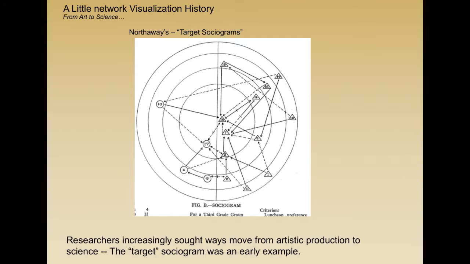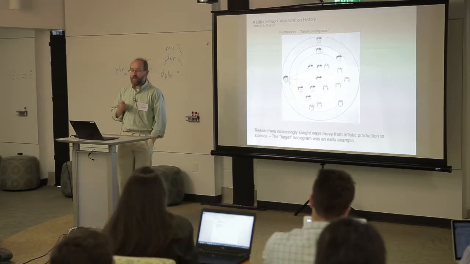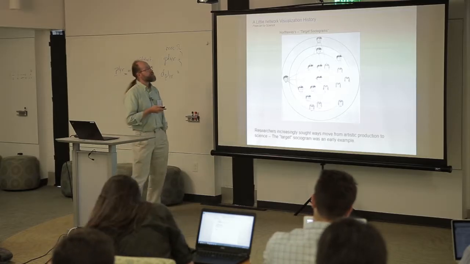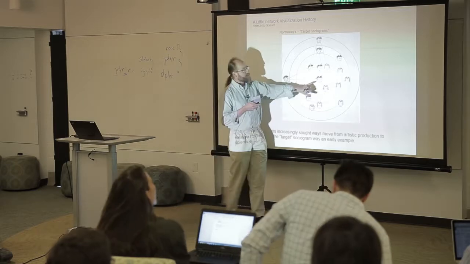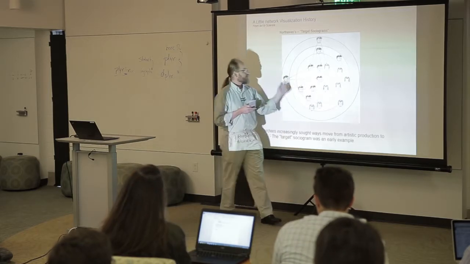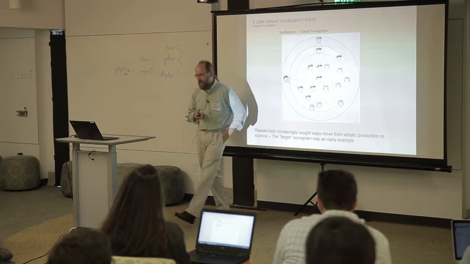The first attempt to come up with something more than a simple artistic eye sort of approach was Northway's what were called target sociograms. This is very similar to the heuristic that Network Canvas uses, which is that there's some measure of prominence, a centrality measure, that you put those folks at the middle and peripheral folks to the outside, and you'd have some kind of a scaling on one side or the other. In this version of it, they distinguish between females on one side and males on the other. If you don't like circles and triangles, you could use little faces with bows in their hair and little faces without bows in their hair, right? And so the idea would be that this is a very central girl, and this is a less central girl, and this is a less central boy, and so forth.